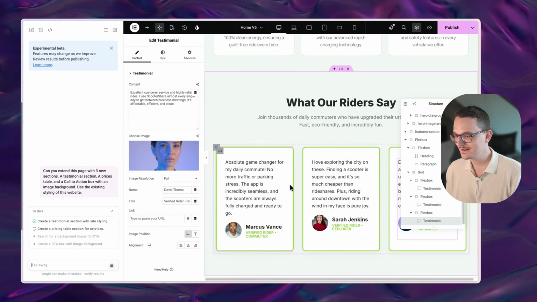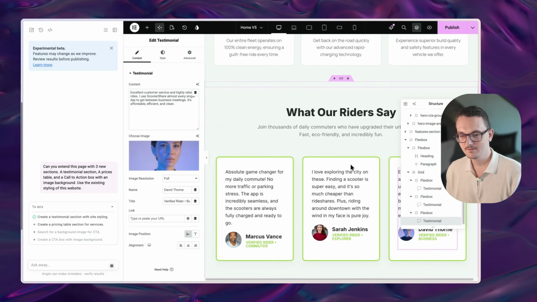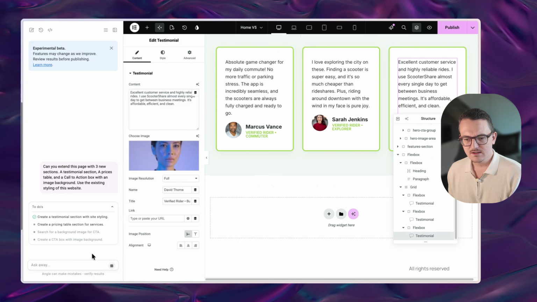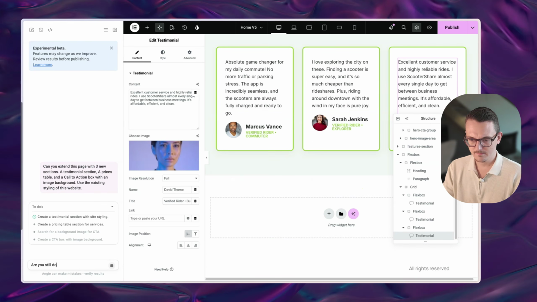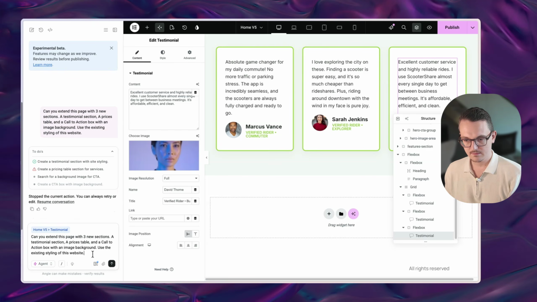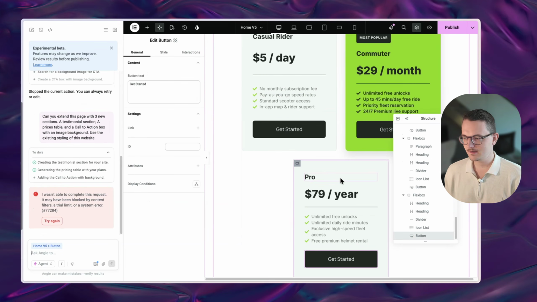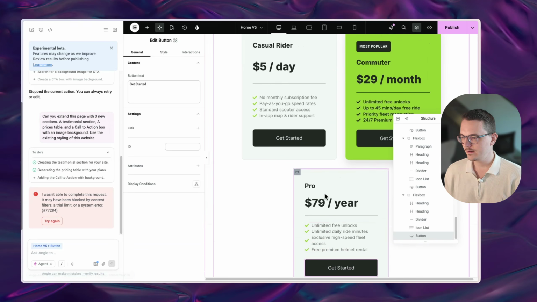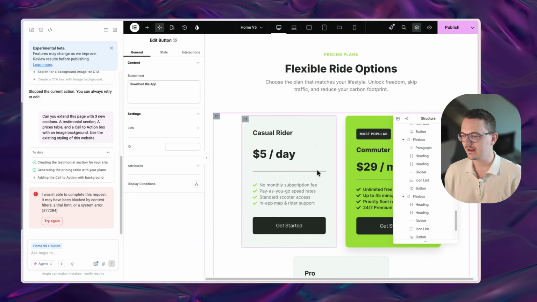Use the existing styling of this website. Okay, it's doing something now. Look at that, that is interesting. And it looks like it's stuck now. It has been like this for 2 minutes. Let's see if we can interrupt it. No, okay, so I'm just gonna stop it. Oh, and there it's going again. Okay, I'm not really sure sometimes whether it's still working or not. So some loading icon should be nice, but hey,